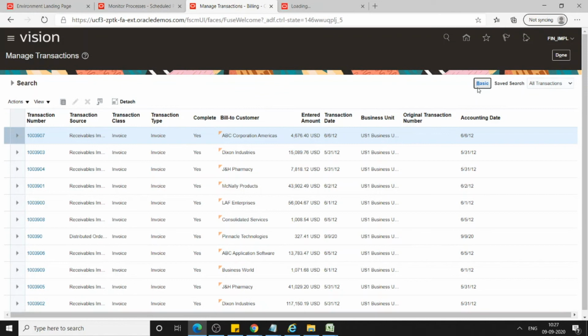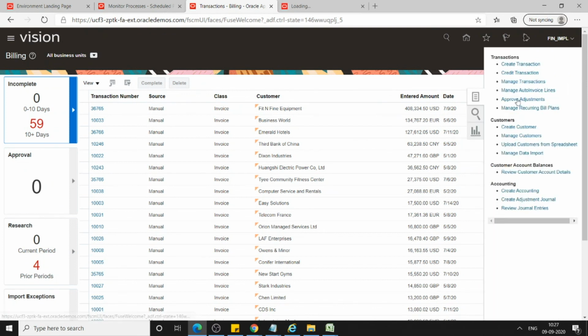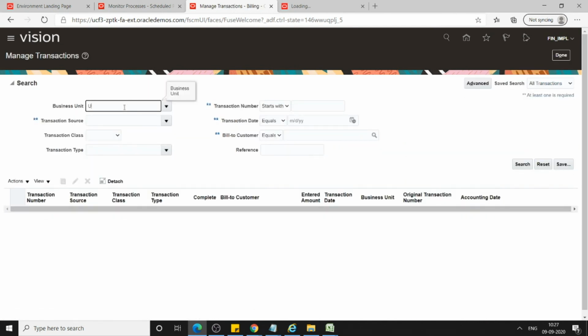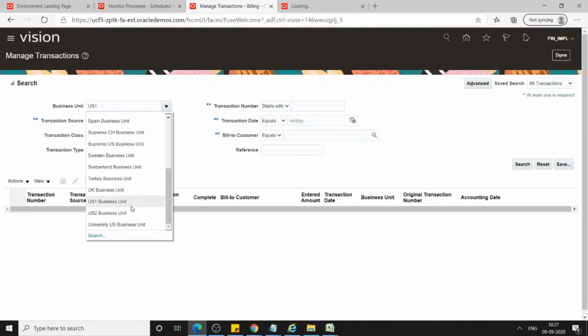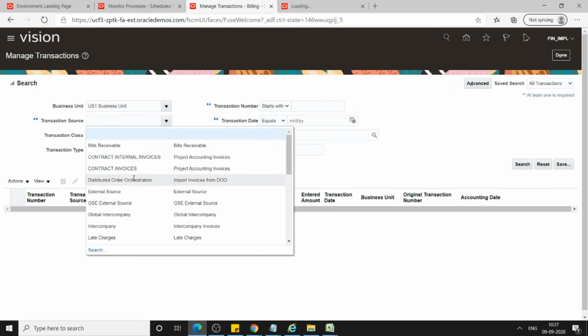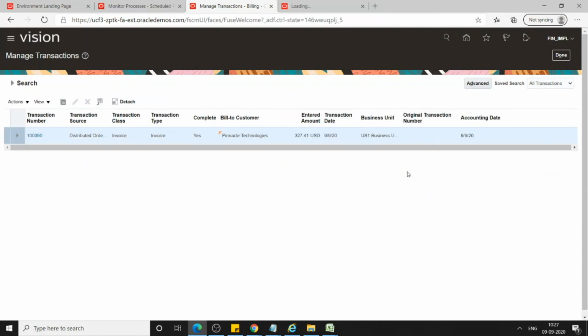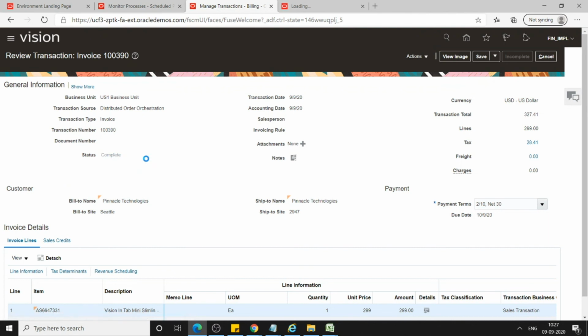Advanced. Okay, we'll go back and I'll select the US one business unit as well. Manage transactions. Business unit is US one business unit. Transaction source is DOO, distributed order orchestration, and enter the invoice number and click on search. Click here. Hopefully we'll see.